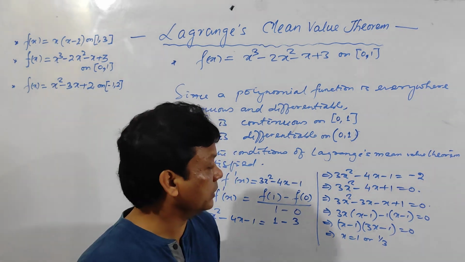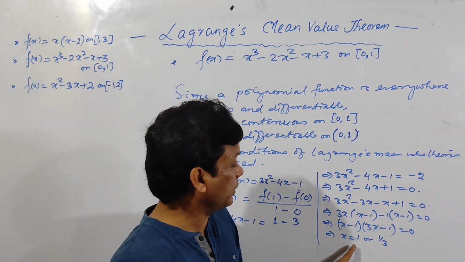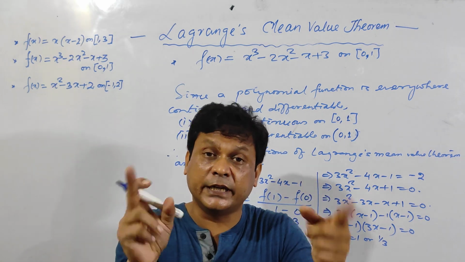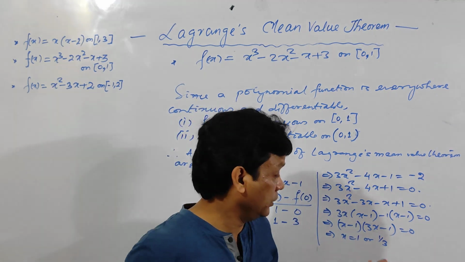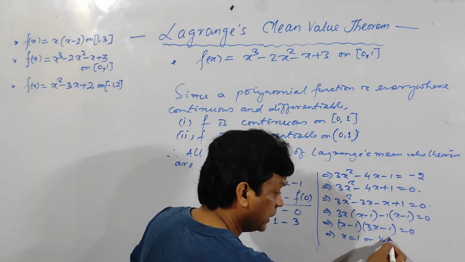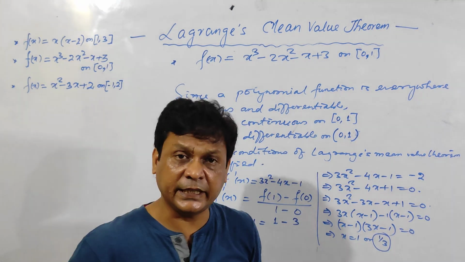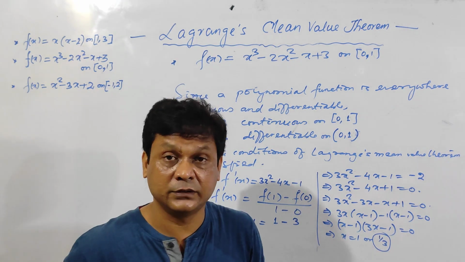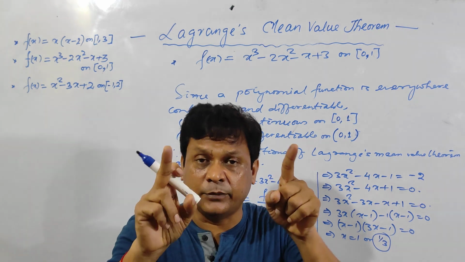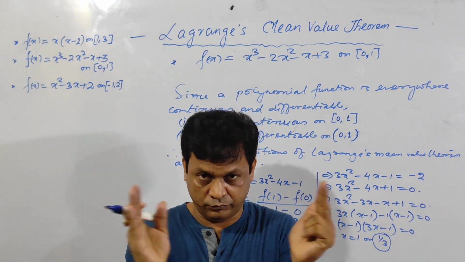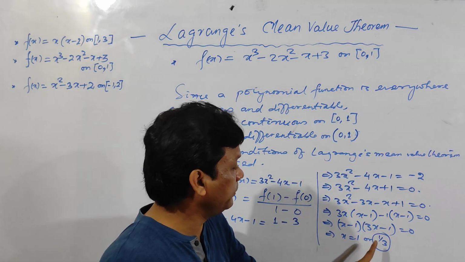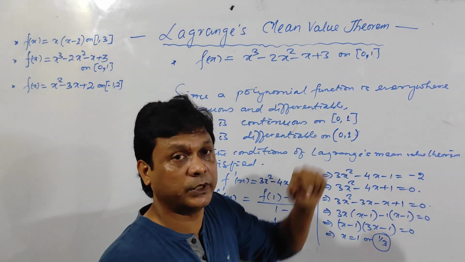So which number lies between 0 and 1? 1 is the extreme point. I have told you between A and B, not A and B, within A and B. Here 1 by 3 lies between 0 and 1. So this quantity is C here. What is C? Here C is 1 by 3, not 1. In my definition it is C must lie between A and B, not A and B. A and B are not included. So in between A and B means 1 by 3. 1 by 3 lies between 0 and 1.